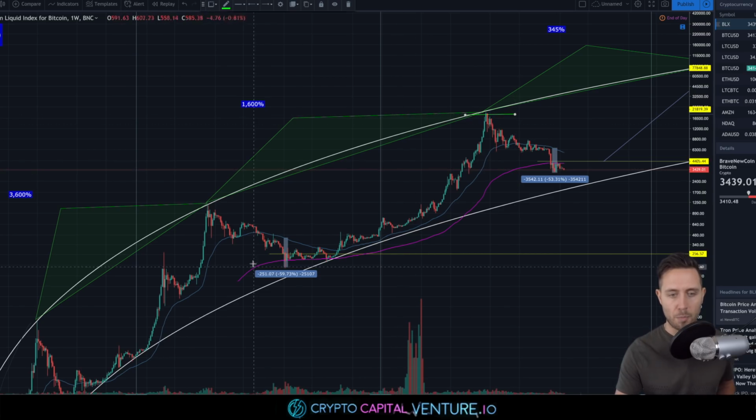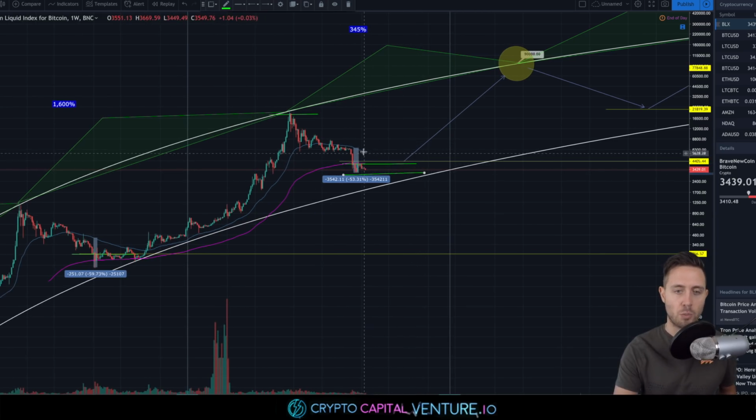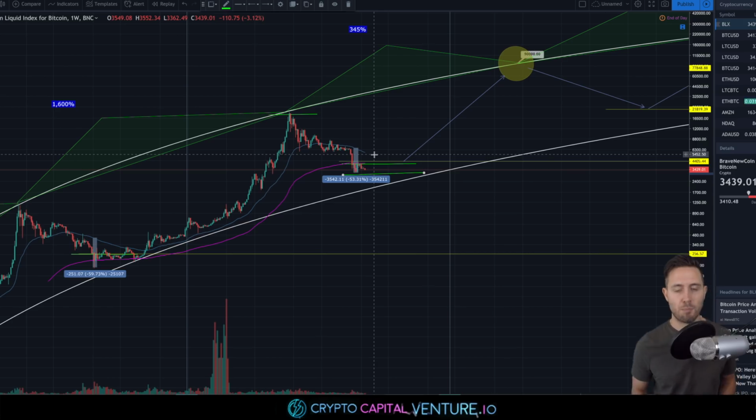So would now be a good time to buy Bitcoin back in 2015, 60% overextended from the 50 EMA on the weekly? Would now be a good time to accumulate Bitcoin, 50 to 60% overextended on the weekly? These are very simple principles in technical analysis, the principles of moving averages, and bear market versus bull market, and simply buying the fear. I wanted to throw that out there for you in this video. I thought it was really important.